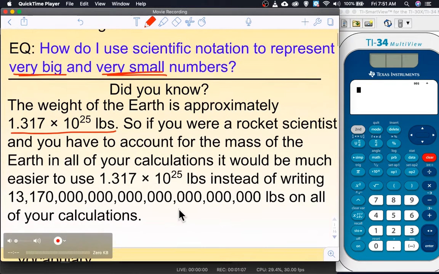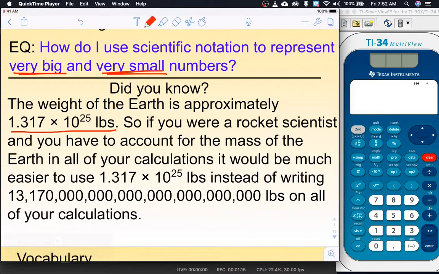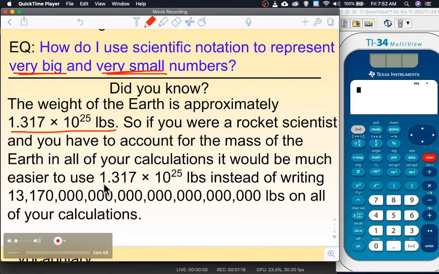So if you are like an actual rocket scientist and you have to account for the mass of the Earth in all of your calculations, like to shoot rockets in outer space, you have to deal with gravity and stuff, it would be much, much easier to use this in your calculations instead of writing this out in all of your